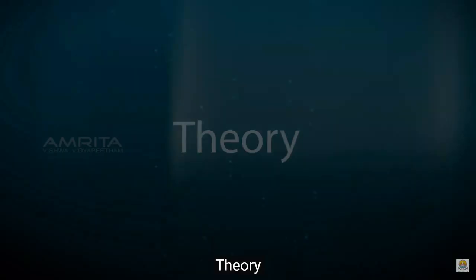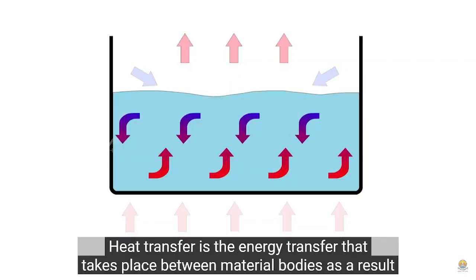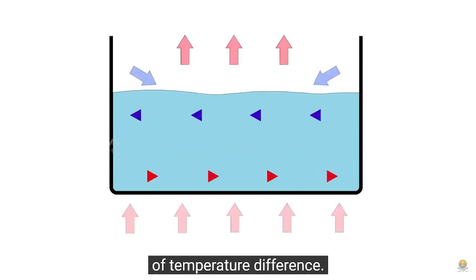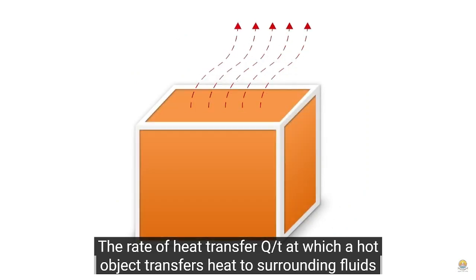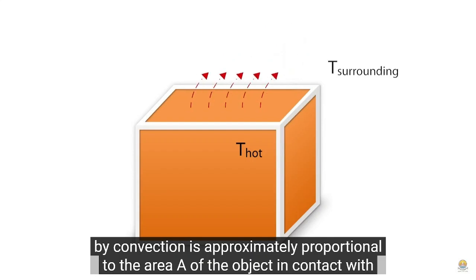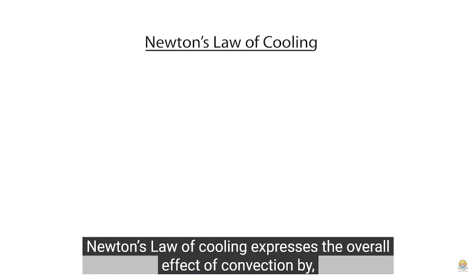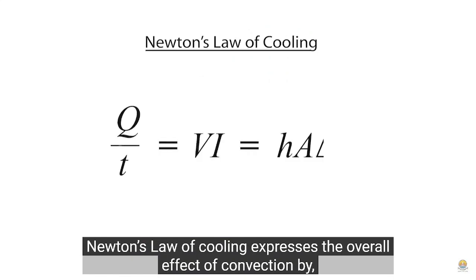Theory: Heat transfer is the energy transfer that takes place between material bodies as a result of temperature difference. The rate of heat transfer Q/t at which a hot object transfers heat to surrounding fluids by convection is approximately proportional to the area A of the object in contact with it and the temperature difference delta T between them. Newton's law of cooling expresses the overall effect of convection by Q/t = VI